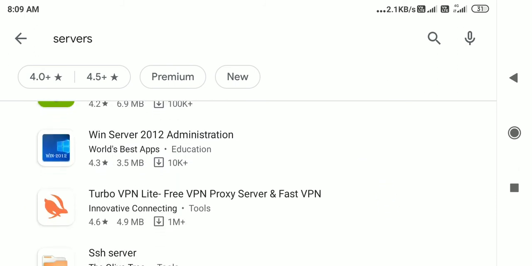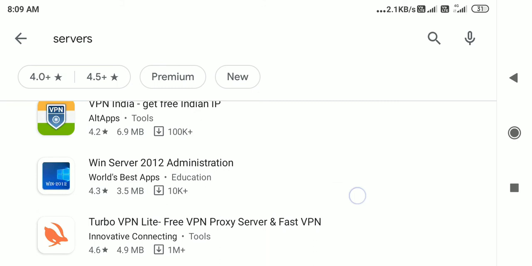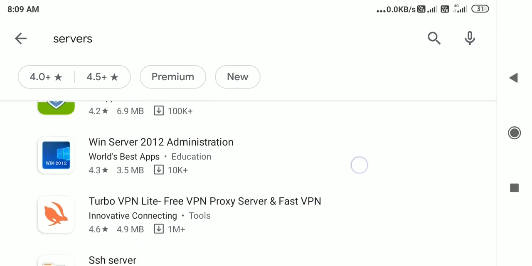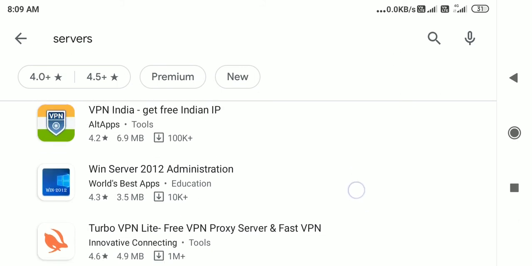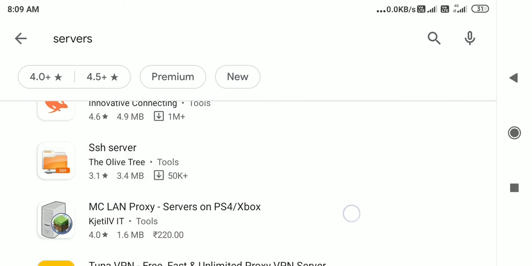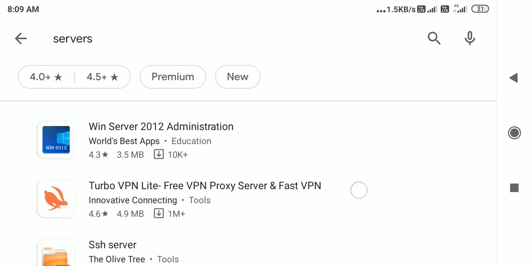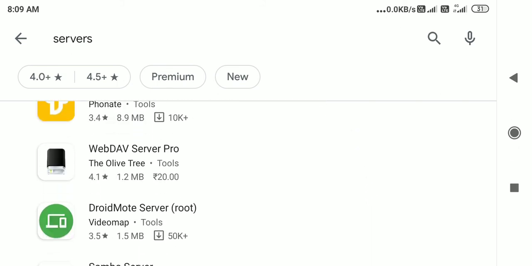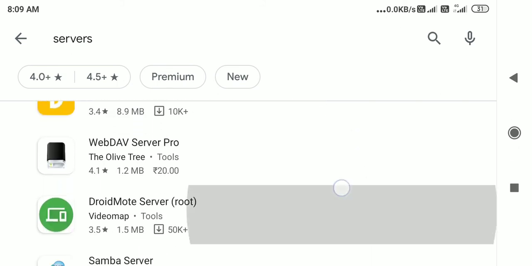Okay, Win Server, the Microsoft admin. Mostly for Microsoft administration and other things you can use Win Server. Once you have Win Server, it just emulates a complete Windows for you, so you don't have to worry. You will be using it just like Microsoft Windows. WebDAV is a kind of file transfer.